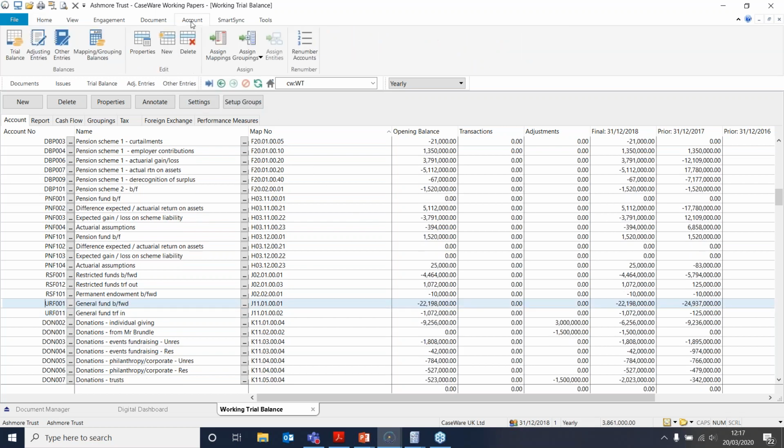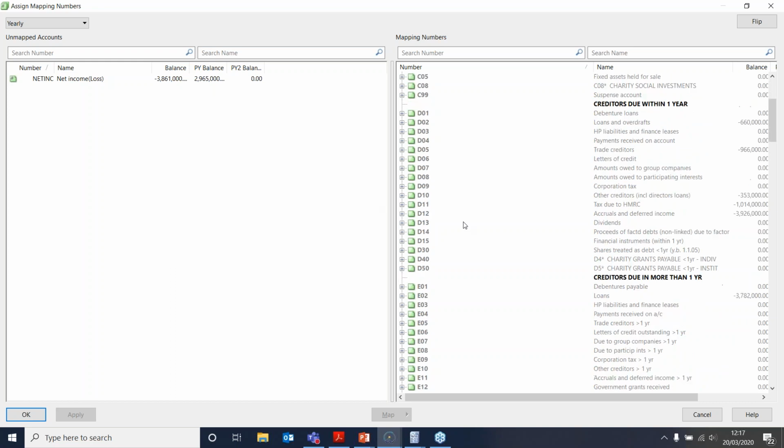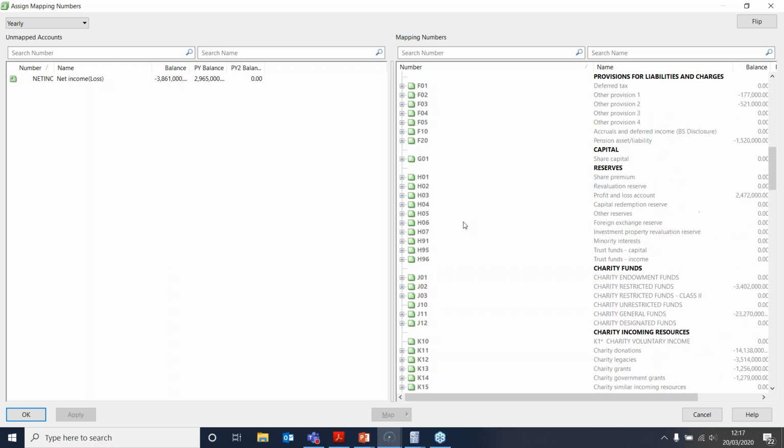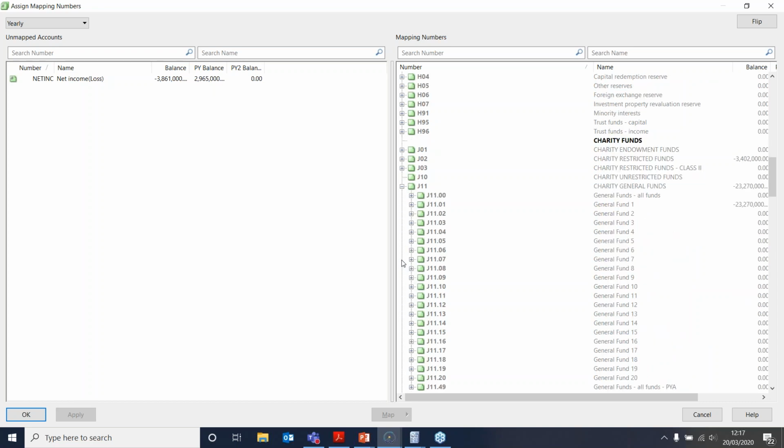If I go to my assign mapping screen, so if I go to account and assign mappings, just to explain how that's actually worked in terms of mapping in process, if we go to our JMap number ranges on the right hand side, we mentioned that that account code is actually part of our general funds, so we need to map it to the J11 section here, and if I expand it up, as I've said, it's actually general fund number 1. If I open up that J11.01 map number range and drill down,